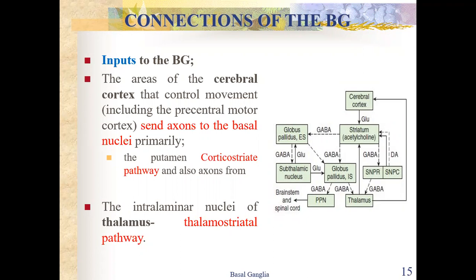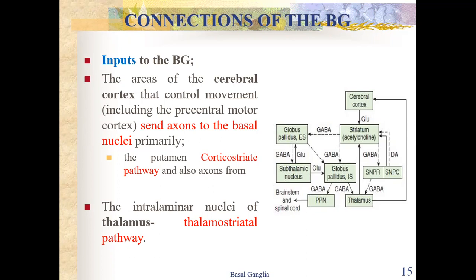Yesterday we had a few explanations on the connections of the basal ganglia. I understand some people were not following the explanations, or maybe it was a bit confusing, but the connections in the basal ganglia are very simple. We have two types of connections. We have inputs to the basal ganglia, and we also have outputs from the basal